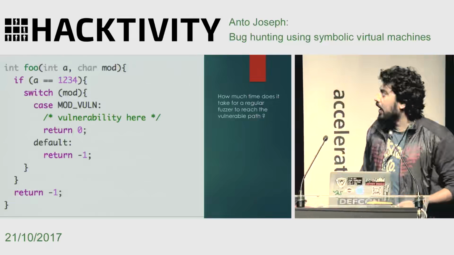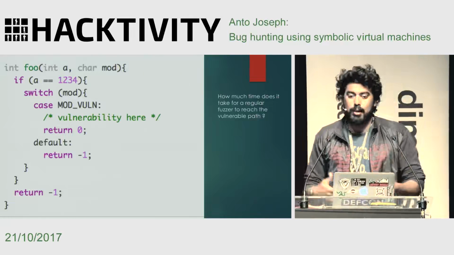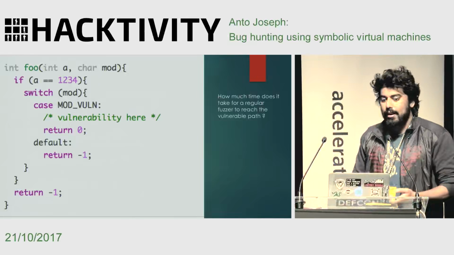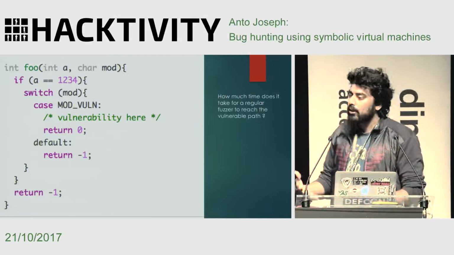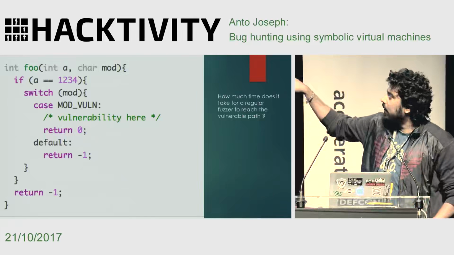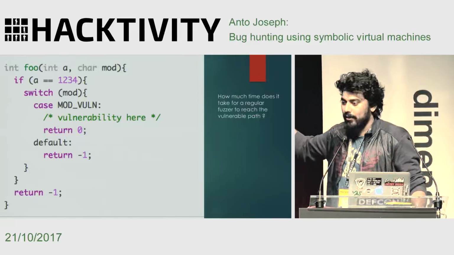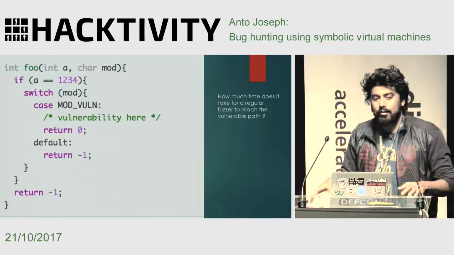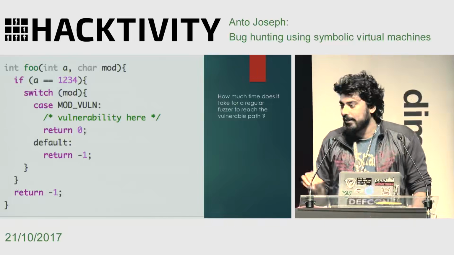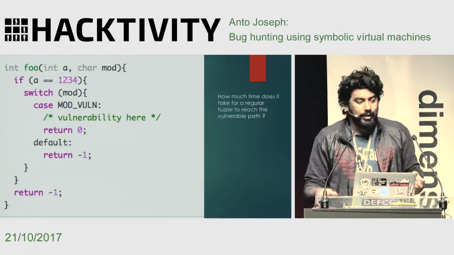If I compile this program and try to fuzz it with a dumb fuzzer which doesn't understand how a program works, it just tries to do some sort of mutations on the input that I give it and tries to exercise many code paths. But as you can see, there is an if statement, which means the vulnerability is only hit if the variable A is 1, 2, 3, 4. Do you think a regular fuzzer would be able to accurately generate that particular input so that you can reach the vulnerability condition there? You can spend all your time bit flipping or using random mutators to reach a